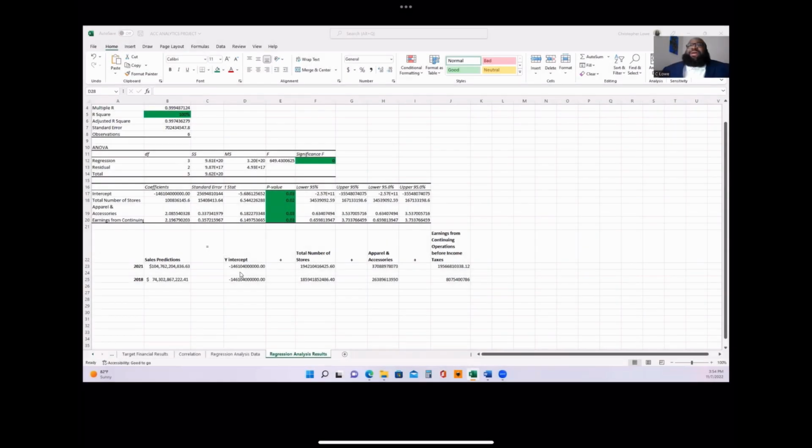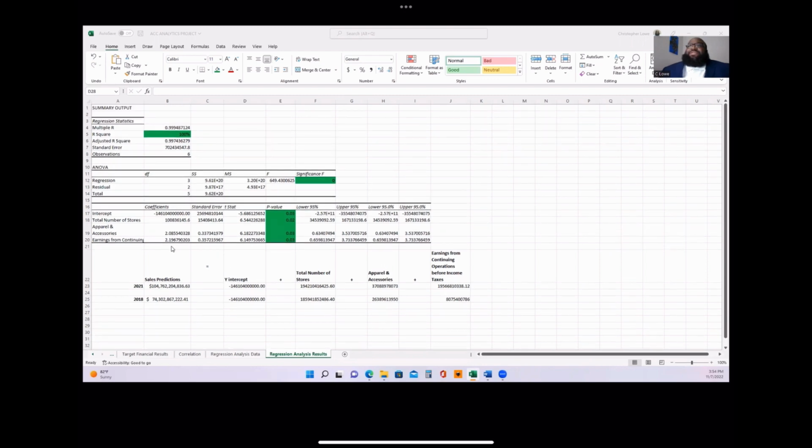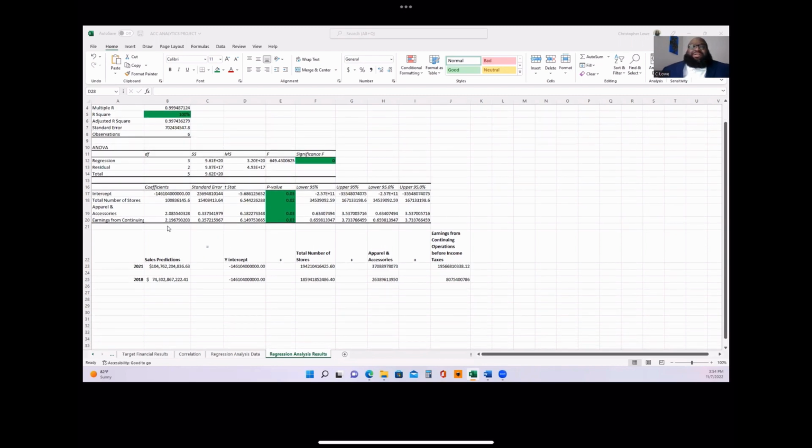So to talk about the equation that we ended up with after doing the regression, we had to use our coefficients. Our coefficient in a regression equation tells a change in the value of the dependent variable in relation to the units of change in the independent variables. So for our y-intercept coefficient, we enter it here in our equation just as itself. Then we will add it to a variable